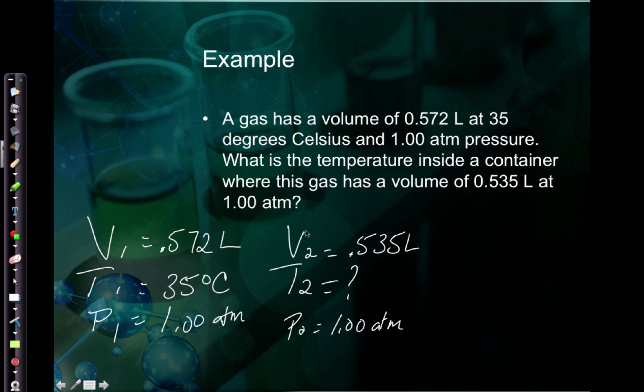All right, so I have a variable that's changing, so I know it's the combined gas law. Here's my equation. When I look at this, I know that I've got to convert this into Kelvin, so that's 308. So 35 plus 273 gives me 308 Kelvin. So now I can plug it into the equation. Well, actually, if I'm looking at